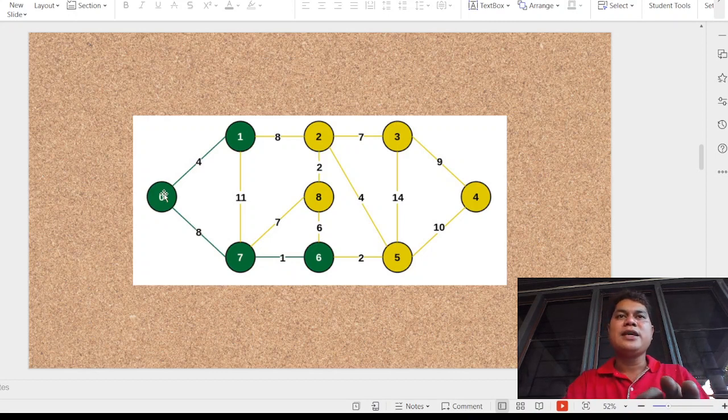So from 0 and 1, and then 0 and 7, and then from 7 to 6 with a weight of 1. So 0 and 1, there is a weight of 8. 0 and 7 rather, there is a weight of 8. And 0 and 1, there is a weight of 4. So next is,